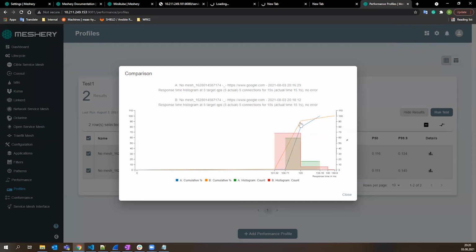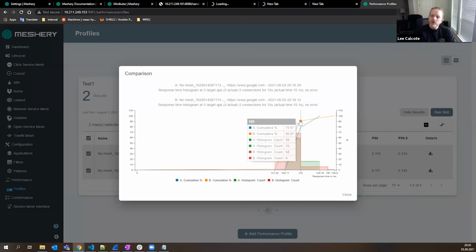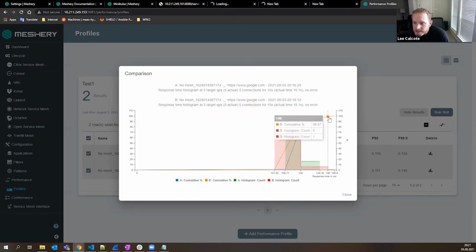Those are the lines, yeah. The line is the cumulative percentage of latency at that point in time. Okay. Yeah, this actually takes a little bit to interpret, which is to say, okay, you ran